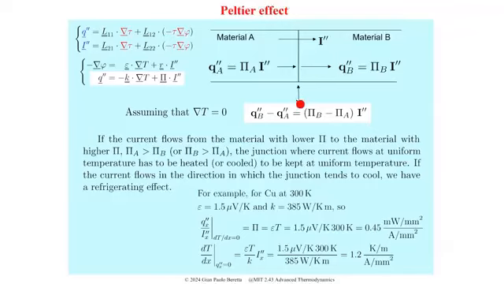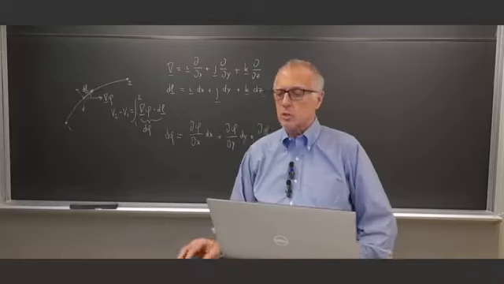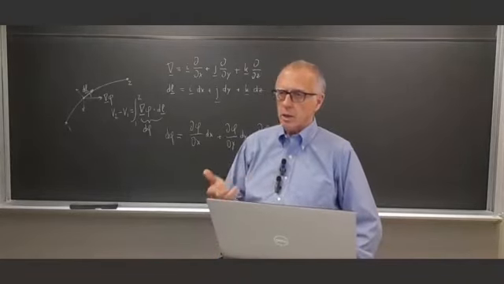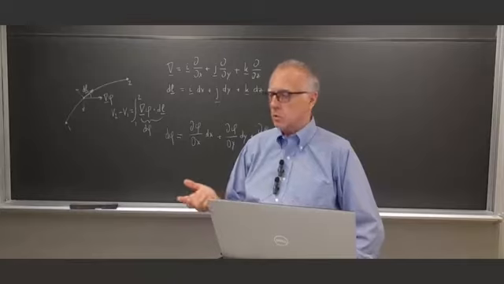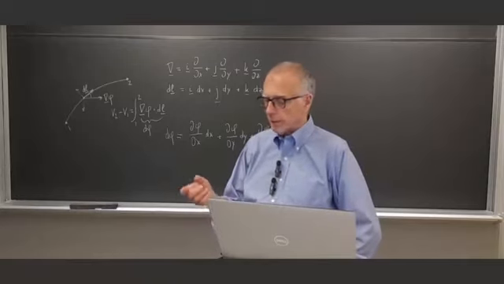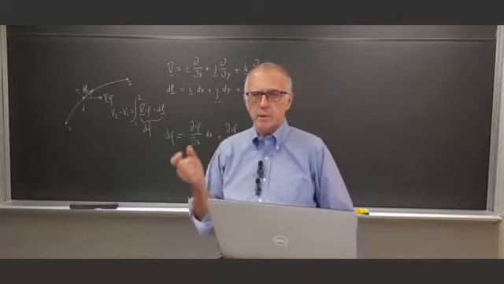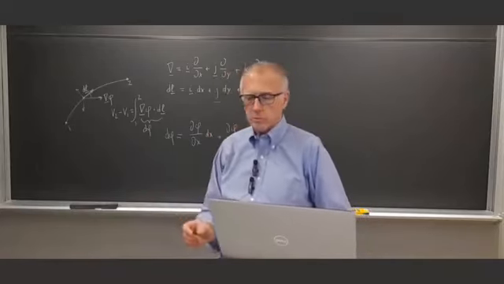So that means you need to provide energy, so this junction becomes a cooler. This is the Peltier cooling effect. This is what you obtain when you buy a Peltier cell, something that you can buy on the internet now for a couple of bucks,